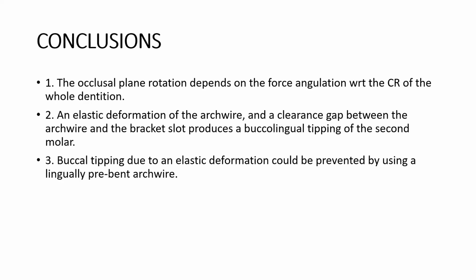That is, if the line of force application passes through the center of resistance, and if it passes when the angulation is -30 degrees, then there will be more buccal tipping. Whereas when the clearance gap between the archwire and the bracket slot is decreased, then the buccal tipping can be decreased. And even though the force angulation is through the center of resistance, there will still be buccal tipping. So what we can do in such cases is use lingual crown torque as well, so that we can prevent the buccal tipping of the second molar